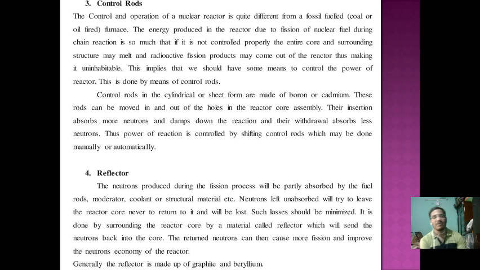What is called a reflector? What is the main purpose of the reflector? It is for controlling and maintaining the core of the reactor. Day by day, our maintenance is important. If it is broken or damaged or loose, we have to change the core of the reactor as per the norms, and then only will our reaction go well without any problem. Generally, the reflector is made of graphite and beryllium.